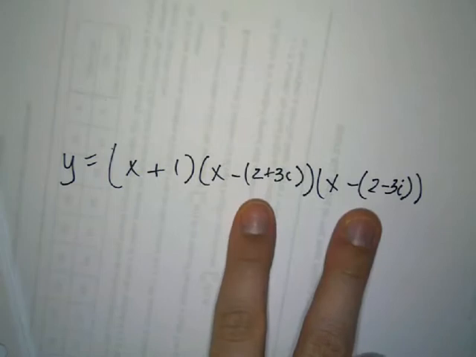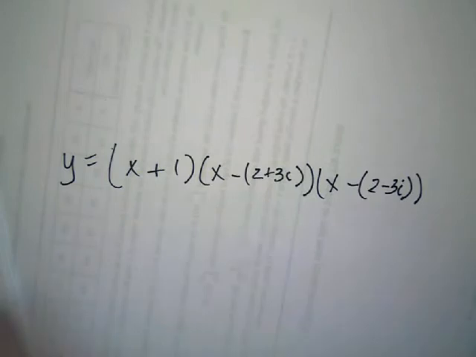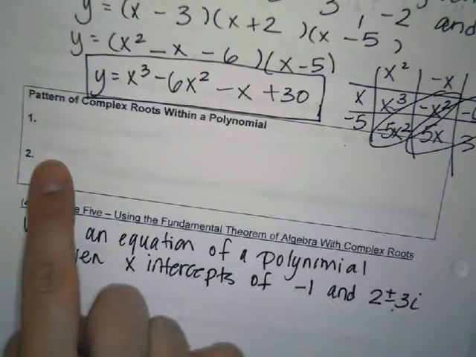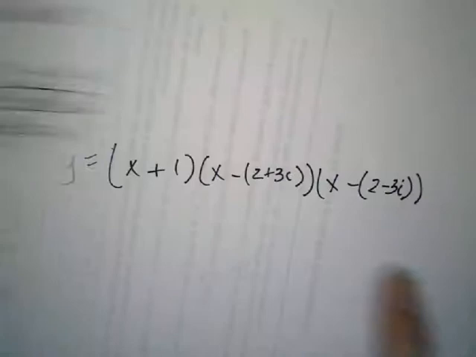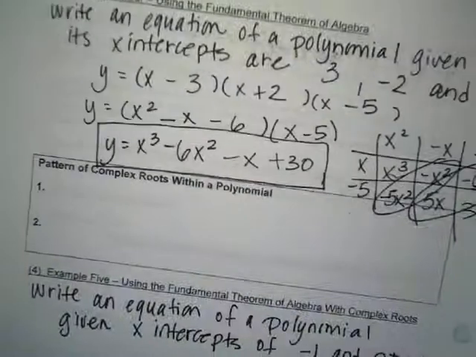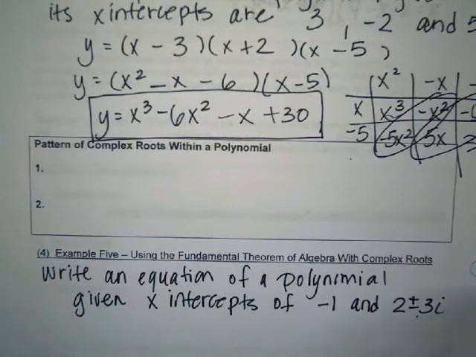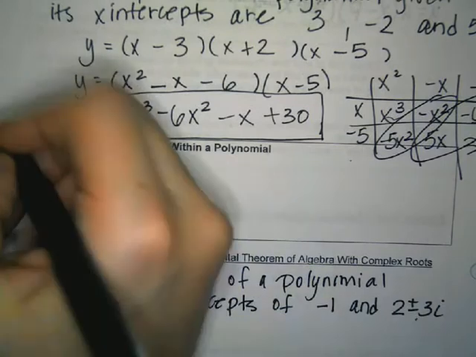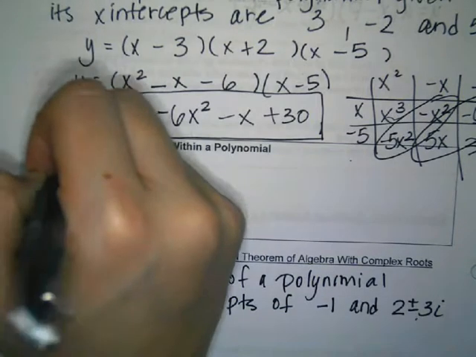Yes. So I don't want you to set it up the same way when you have complex answers. I want you to use this little shortcut. Because you could set it up this way and figure it out. However, it's going to look messy and it's going to be a lot of work, where this little trick avoids some of that. All right, so when you have complex answers, the pattern that happens is you're going to find